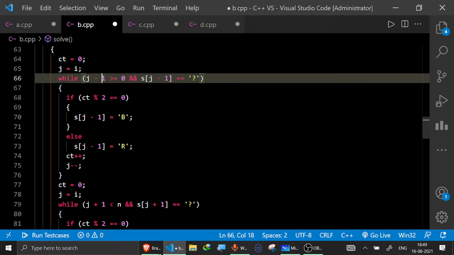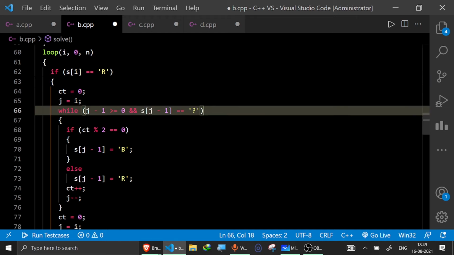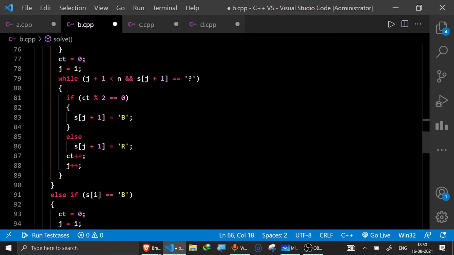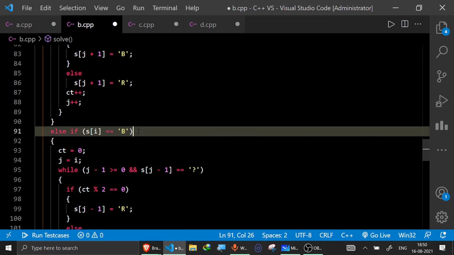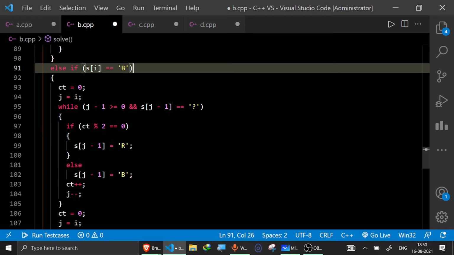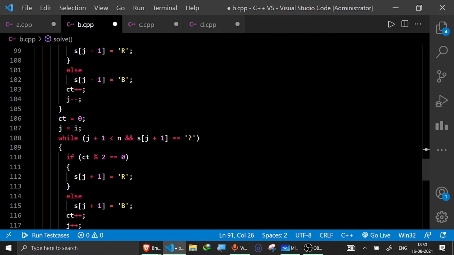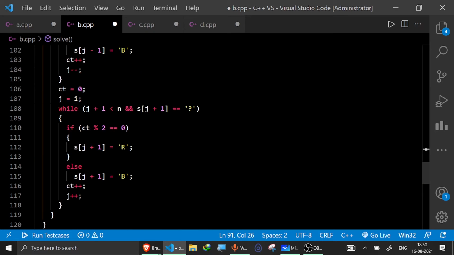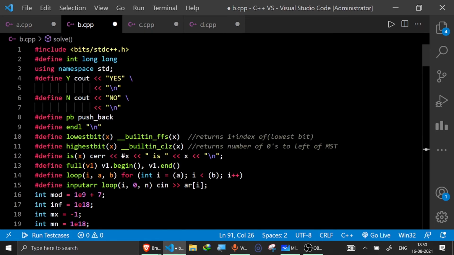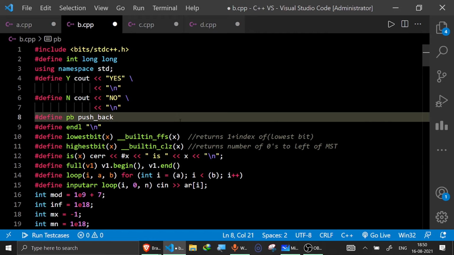And I would simultaneously make one value corresponding to the other. Suppose here it was R, so I would make B, R, B, R, B, R like this, and here I would be making the same only. I'll say as I equal to B, RB, RB, RB, and to the right, RB, RB, RB, and so on. It's just the greedy implementation, nothing very complicated. So here RB also gets completed.